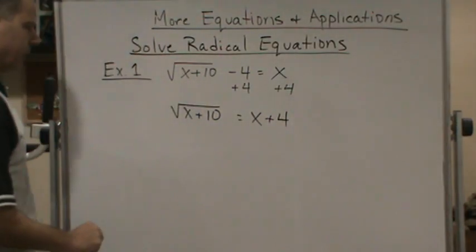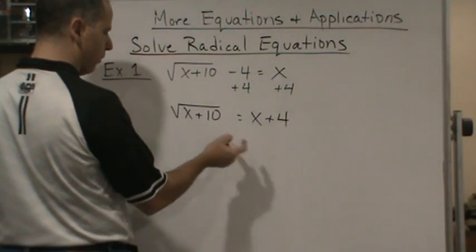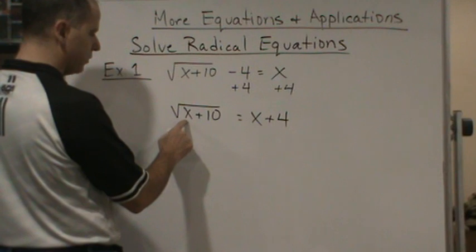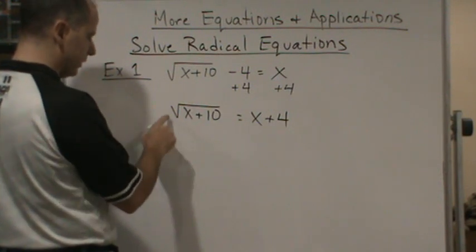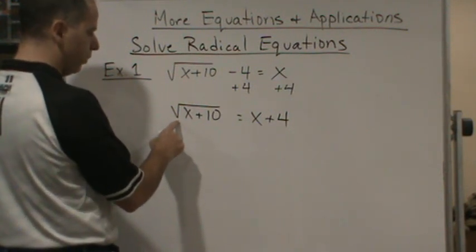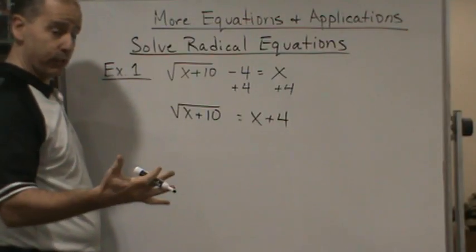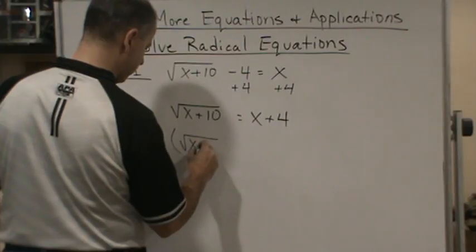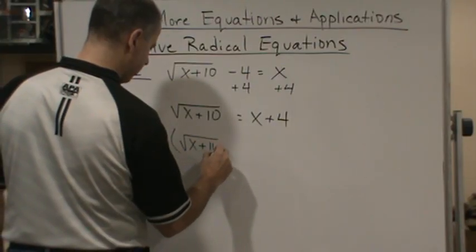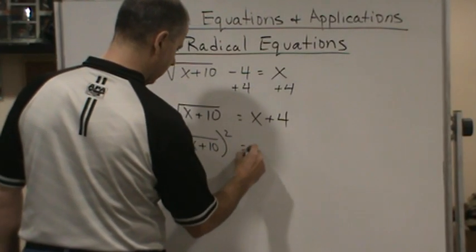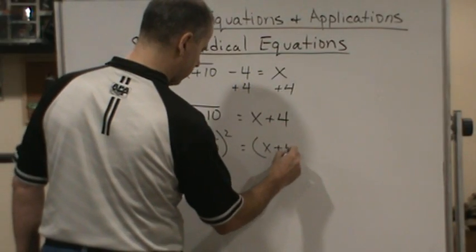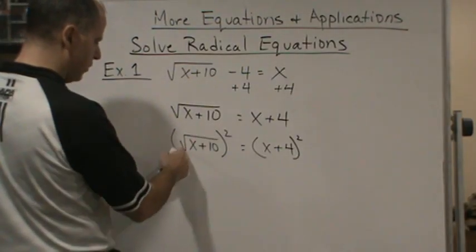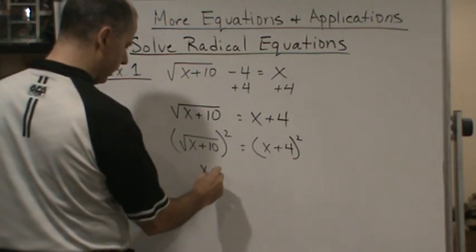this now. Now that we've isolated the radical, we're going to raise both sides of the equation to a power that's going to get rid of this radical. Since this is a square root, we're going to square both sides, right? So we're going to square this side, and then we're also going to have to square this side. And now this is going to undo the radical, so all we're going to do is get